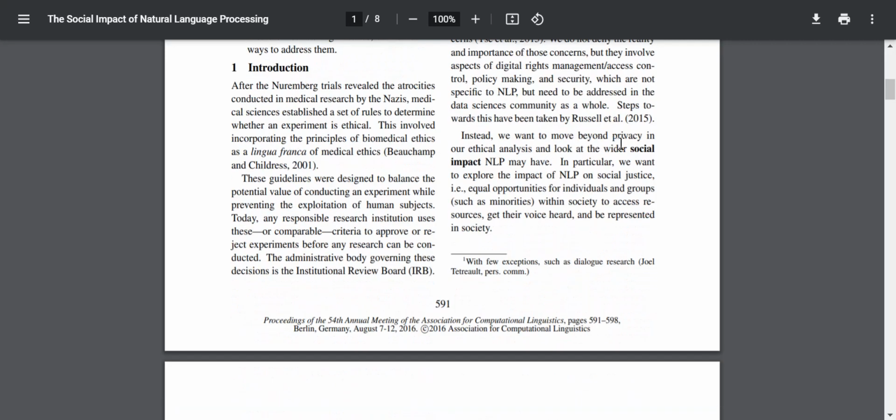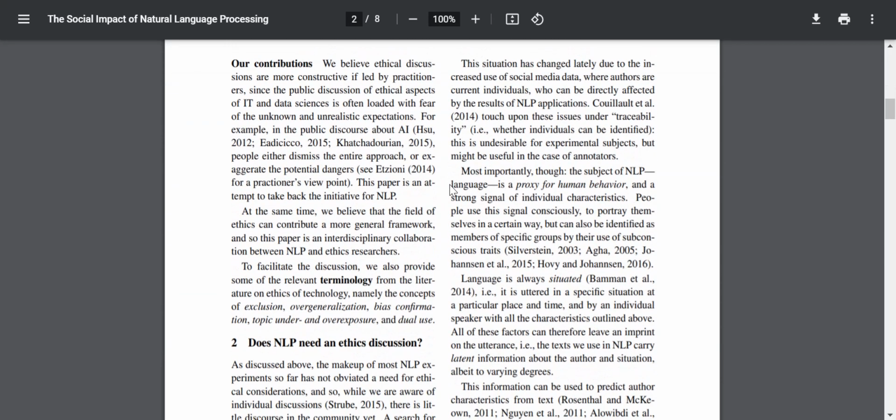So instead, we want to move beyond privacy in our ethical analysis and look at the wider social impact NLP may have. In particular, we want to explore the impact of NLP on social justice. So equal opportunities for individuals and groups within society to access resources, get their voices heard, and be represented in society. All right. So the contributions of the paper: we believe ethical discussions are more constructive if led by practitioners,